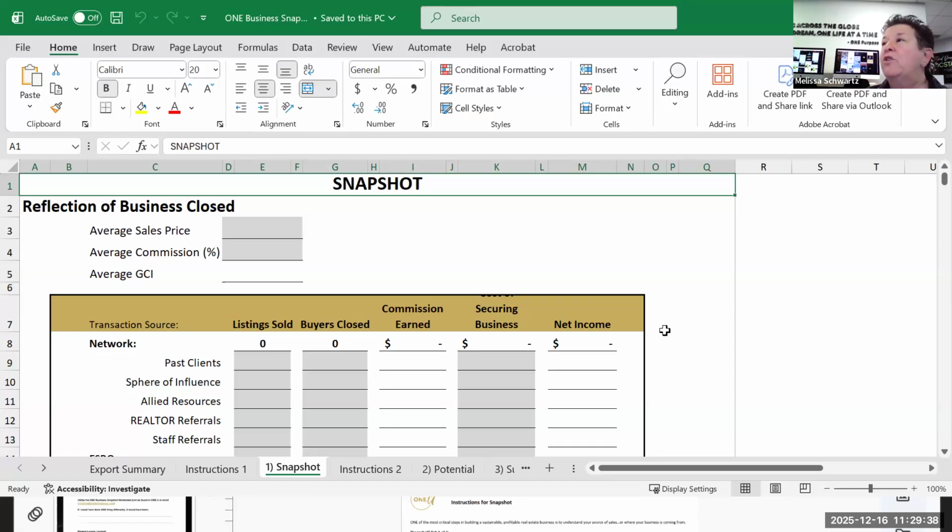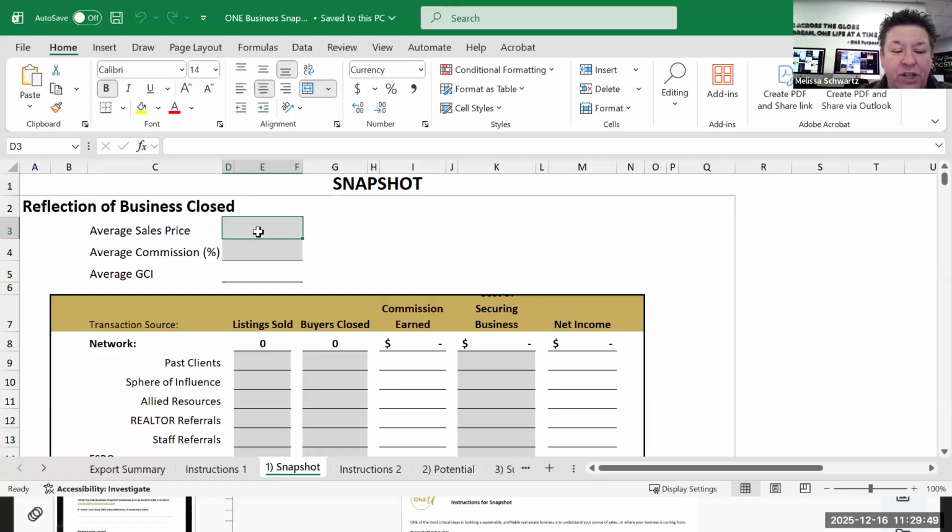Why do we need your average sales price? To calculate your commission, to know what you're going to make, right? So let's see if this will work. If I put the average sales price of